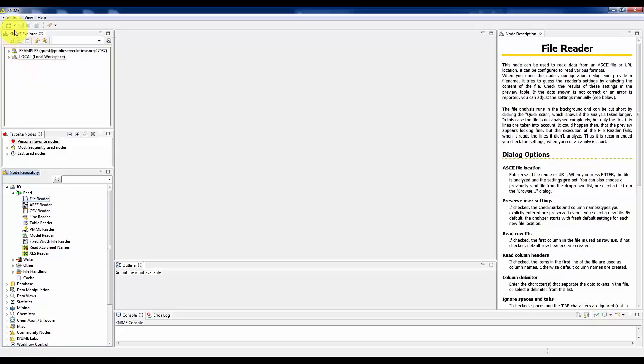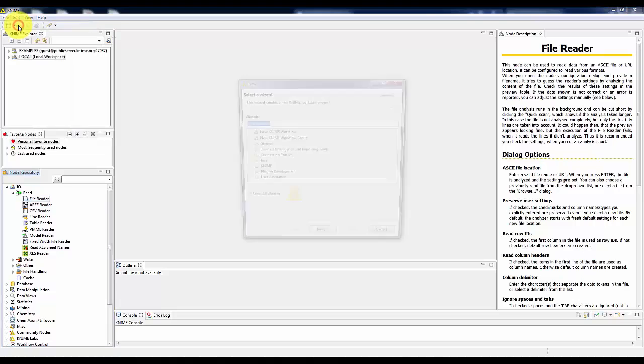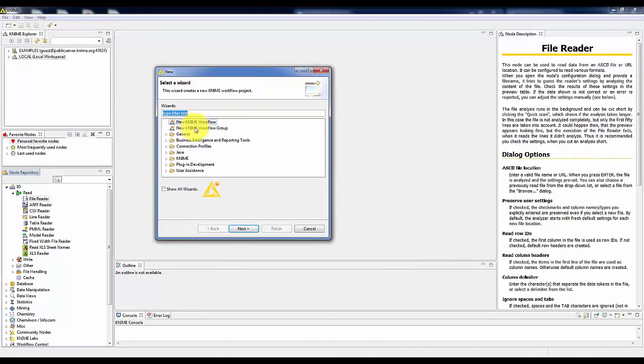To create a KNIME project, we click on the File menu and we select the New option. Then this window opens and we have different possibilities. The first one is to generate a new KNIME workflow. The second one is to generate a new KNIME workflow group. KNIME workflow group is useful when the user wants to group several workflows to solve a given task, a given project, for example. However, in this case, we select the new KNIME workflow option and we click on the next